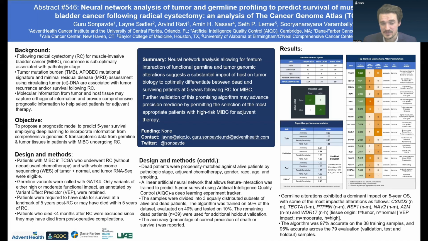Turning our attention to the methods section, we'll see that TCGA had already filtered out neoadjuvant chemotherapy patients as part of their original protocol. However, they did not provide researchers access to germline variants, so we called those ourselves using GATK4's HaplotypeCaller and QC'd for depth. We also filtered out common variants above 2% allele frequency using the Broad's gnomAD. And critically, we used Ensembl's Variant Effect Predictor to capture high and moderate functional impact variants with respect to how